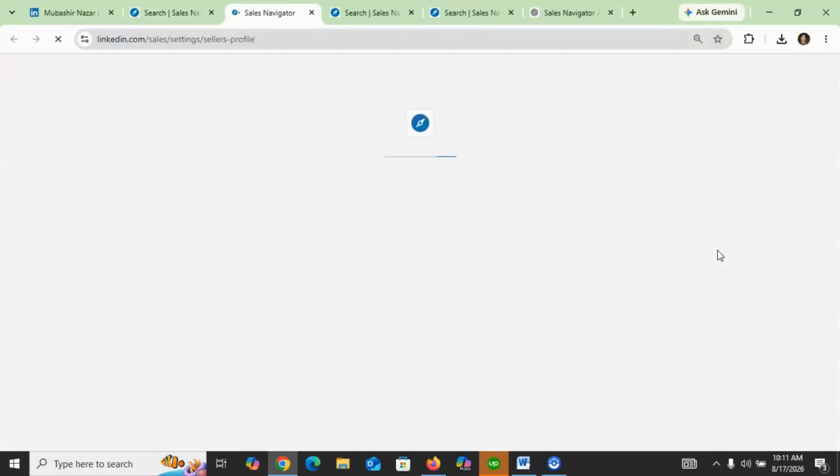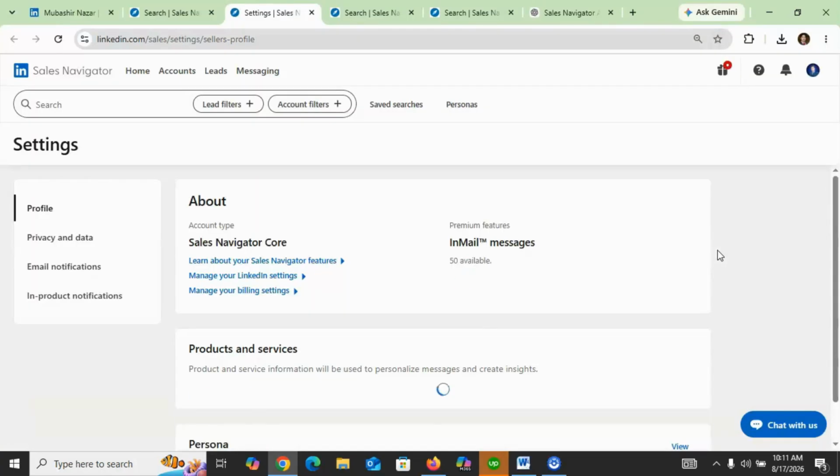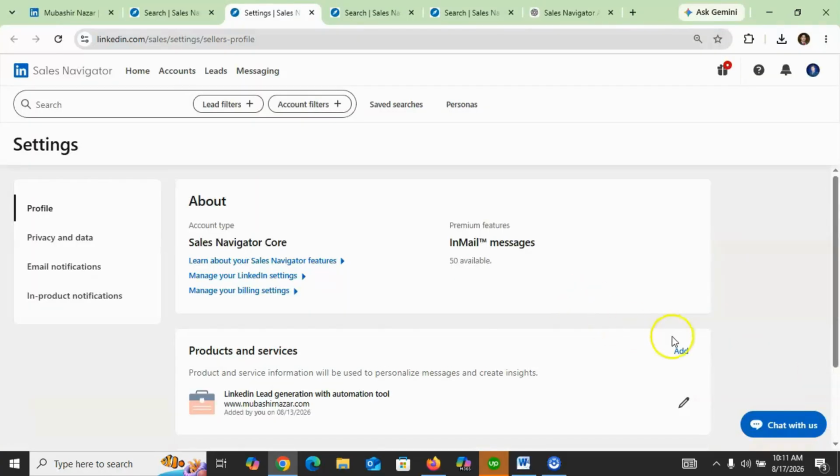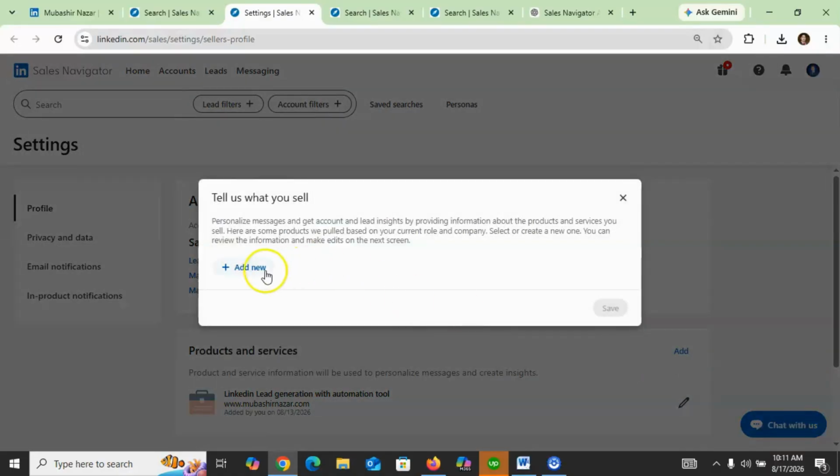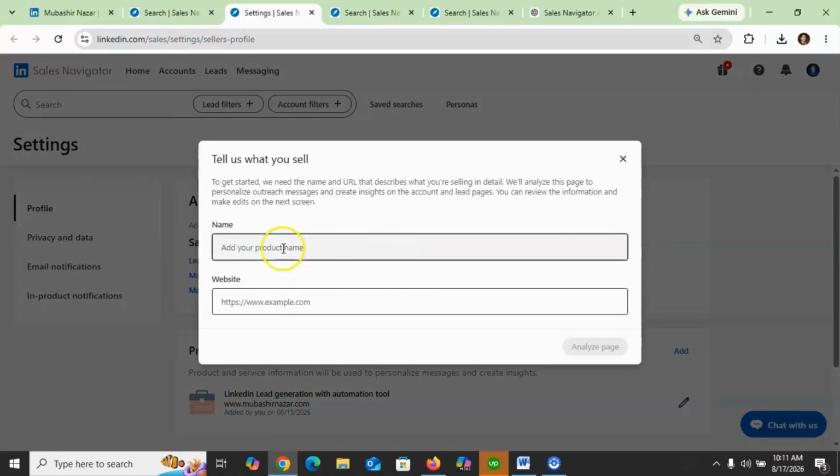from here you can add more of your services. If you are providing more than two services, or if you have two businesses, simply add them here. And if you want to change the business, you just need to click on this pencil. You can also change your business. And if you want to add something more, you just need to click add new, and after this you